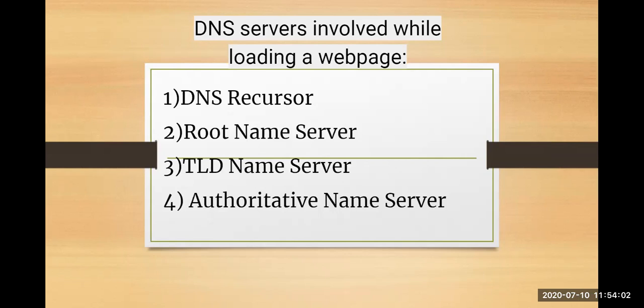So the top level domain will have your country prefix, and the further level of bifurcation will be what? Your information which is stored, the domain names and their IP addresses. So domain names will be google.com, which will belong to which domain? Commercial domain. Then you have your .org, that will belong to the organizational domain. So according to the country prefix, all the domain information will be there, and that domain information will have its corresponding IP addresses also stored. Okay. So that is your TLD, which stands for top level domain server, which will have all your information related to your naming servers and with the country prefix.